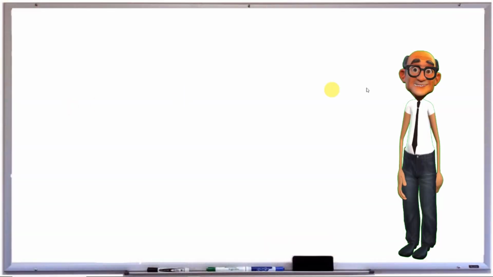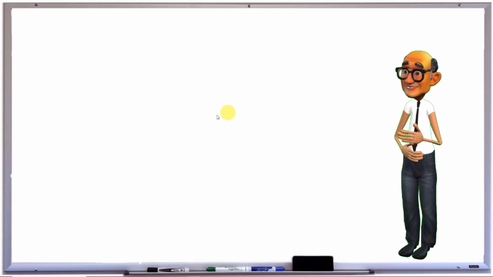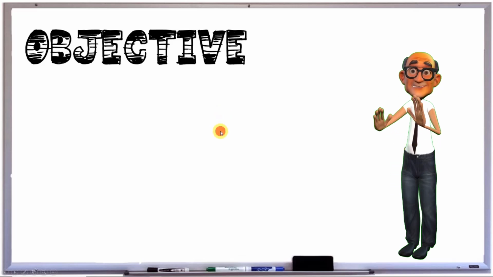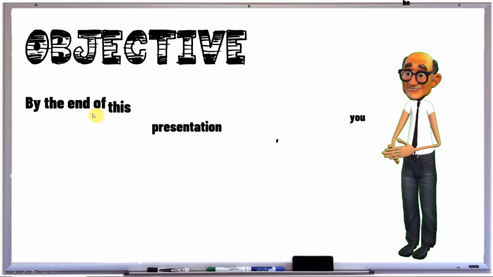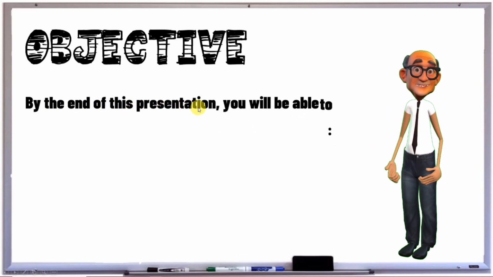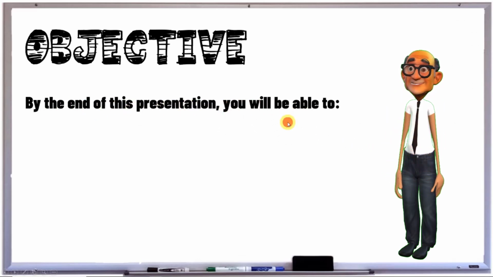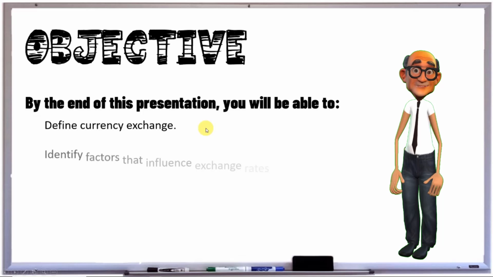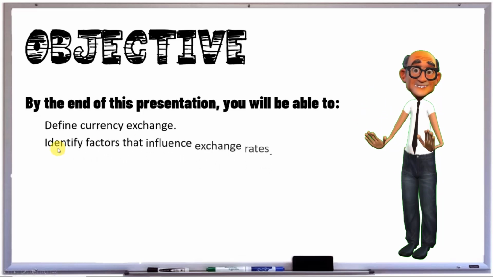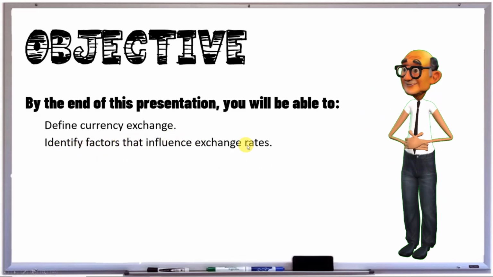Great, guys. Let's look at our objectives for this lesson over here. Righto, our objective is the first one. And that is, by the end of this presentation or lesson, you will be able to define currency exchange. You'll know what currency exchange is, why people do it, how to do it, and how to calculate it. More important, identify factors that influence exchange rates,